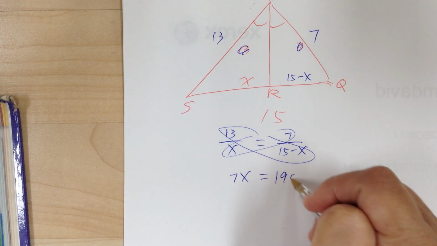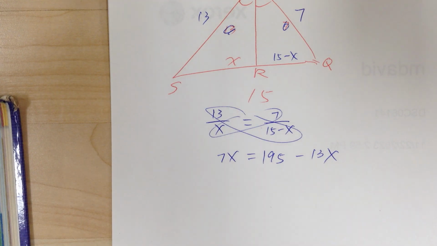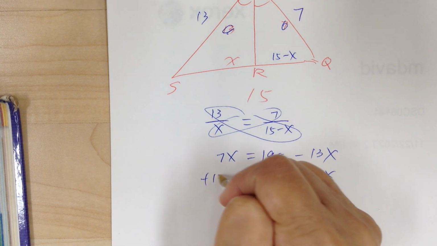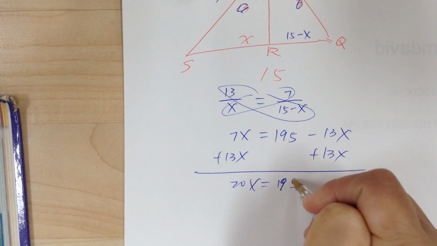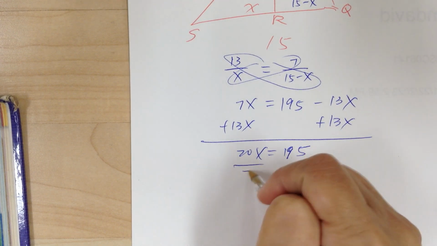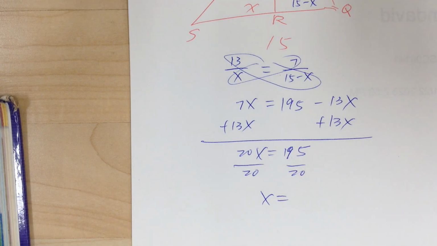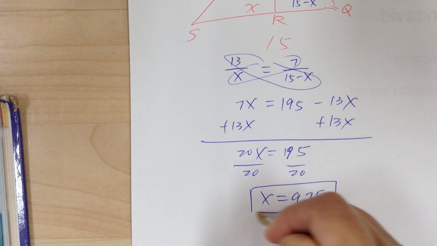So you got 195 minus 13x. Okay? And then from here, you're going to just use your algebra, plus 13x, plus 13x. So you got 20x equal to 195, okay? And you divide by 20, so x equals 195 divided by 20 equals 9.75, and that's your answer,